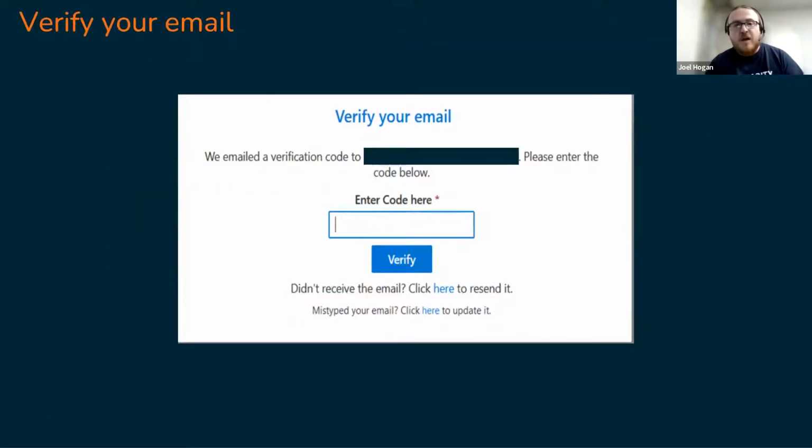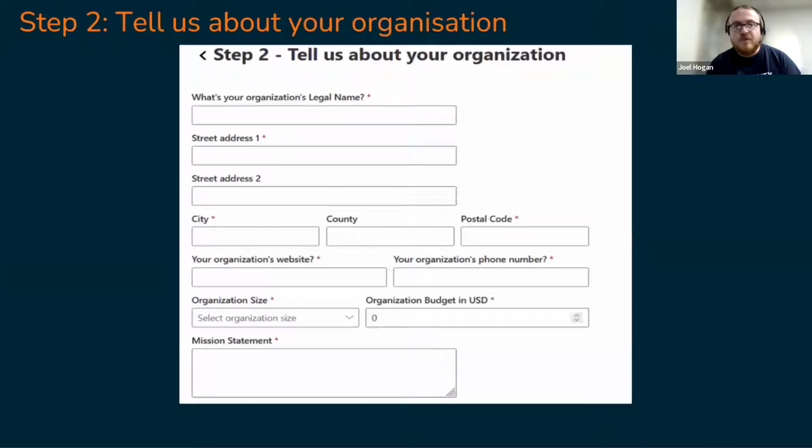So once you've done that, you'll receive this notification. So an email will be sent to the email address that you just submitted. Obviously ours is listed here but blocked off. And that email that you'll receive will have a code. So you enter that code there and verify that. Yeah, so just the authentication, two-factor authentication is a thing in the modern era now. So this is one part of it as well, just to ensure that it is the right kind of person submitting the information.